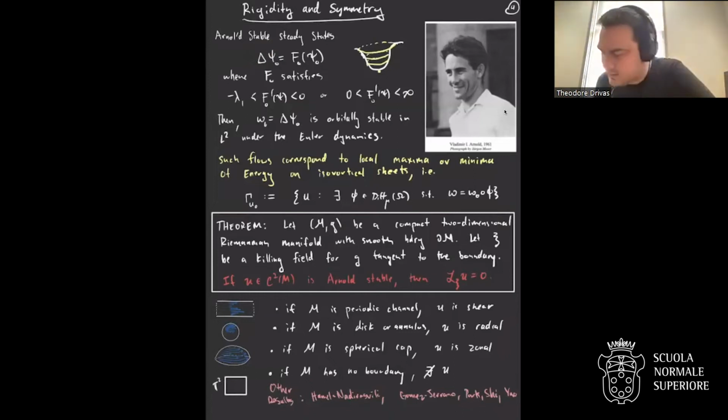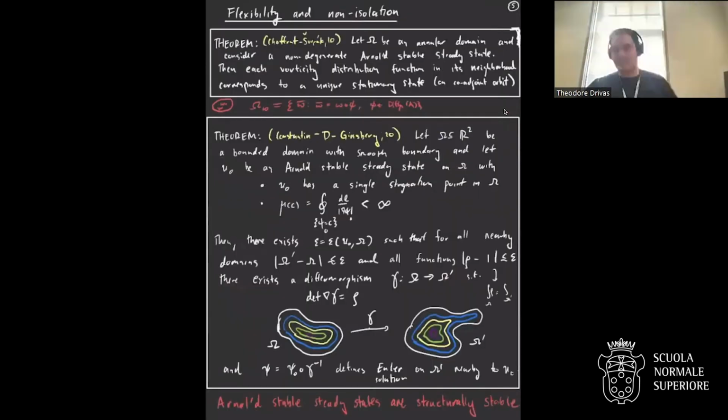And I'll just mention that there's other results on symmetries, particularly work of Nadarashvili and Hamel, and then Gomez, Serrano, Park et al. So I won't cover those. Just to keep in mind that long-time behavior, stable things often adhere to symmetry. Okay, so then a natural question is what happens if you don't have symmetry? Let's say you perturb the domain away from symmetry. How do the steady states that are stable perturb?